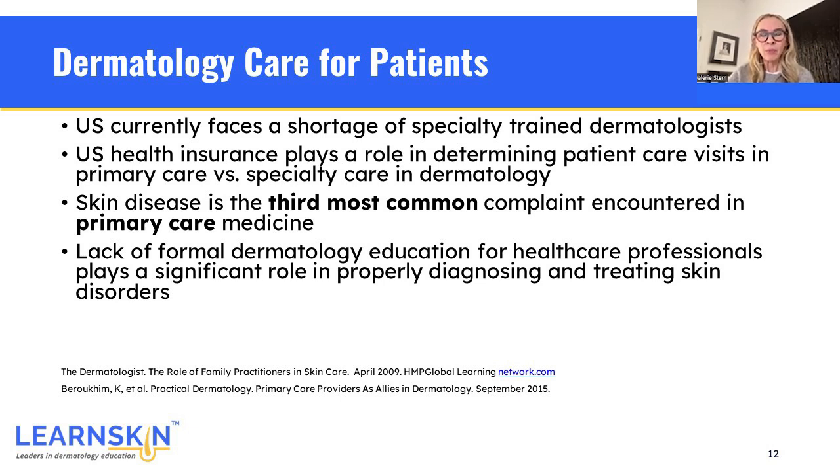And right now, I believe over the next 5, 10, 15 years, this shortage is supposed to be becoming even greater. There's many reasons for this. One of the reasons is that the US healthcare insurance plays a role in determining patient care visits in primary care versus specialty care in dermatology. Primary care being basically our gatekeeper in most of our HMO type practices and whatnot. So they are going to be the first one in line to see these patients, and it's going to be up to them to determine whether or not a patient is allowed to move on to a dermatologist or a